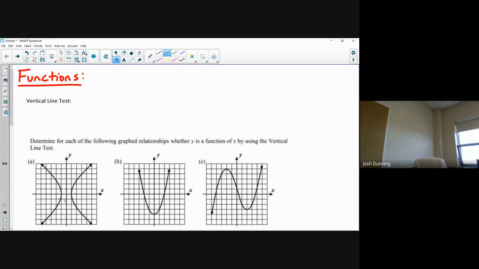The next chapter. Now, a lot of what we do today will be review, like this first part. Just a function to begin with is a mathematical relation